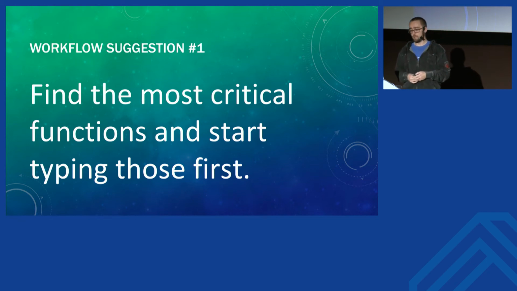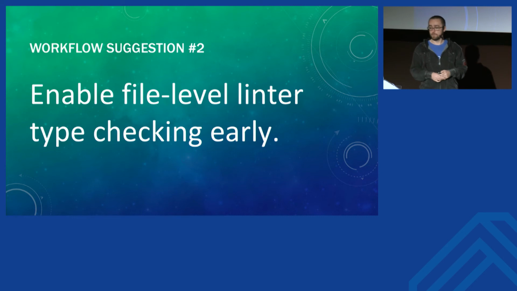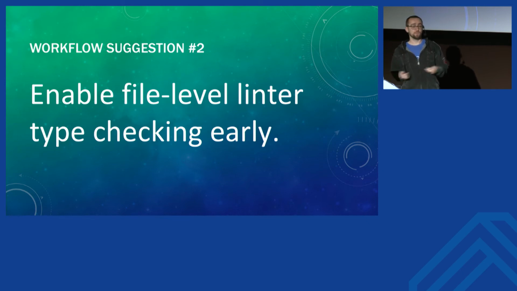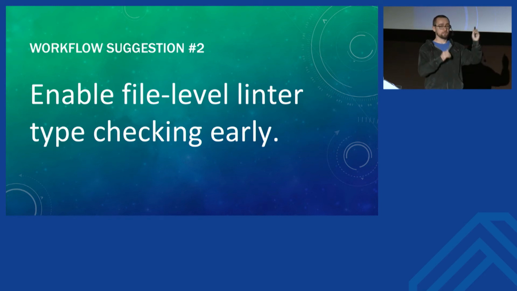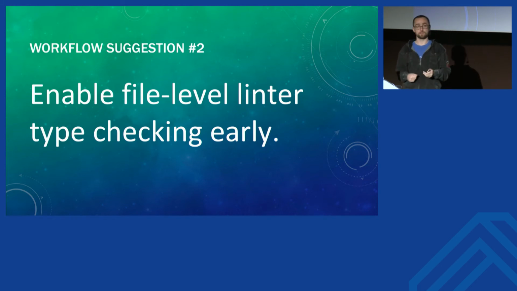And also what I would say is enable file level linter type checking early. So if you use PyCharm or Flake8 MyPy, which is a plugin for Atom and Vim and Emacs or whatever, you're going to see just type errors from a given file. It's going to read it from top to bottom, and it's going to show you errors that are constrained to that particular file and the standard library and some third parties. That way the coverage goes up steadily because you're already providing value when you're creating new